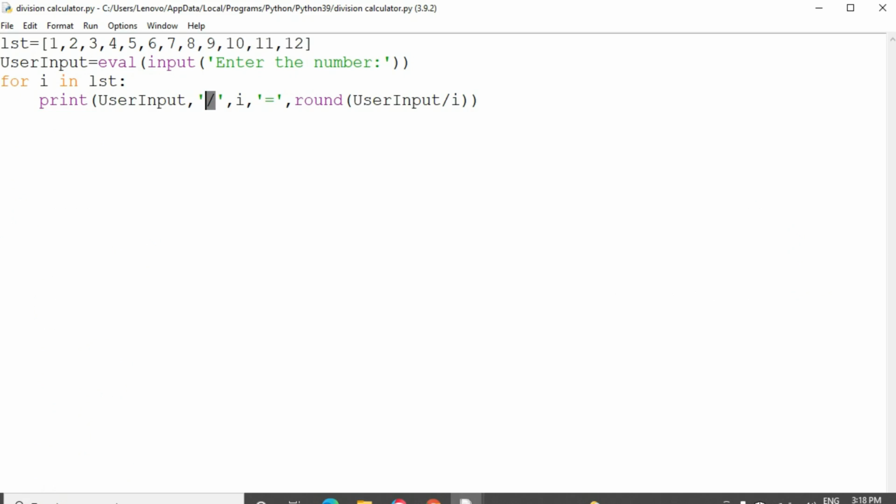We can also perform the multiplication table like this. Instead of the division symbol, we can use the multiplication operation. Both places should be changed, but the rest of the things are the same. So like that we can perform division, subtraction, addition, modulus operation. We can perform any kind of table by using this format.